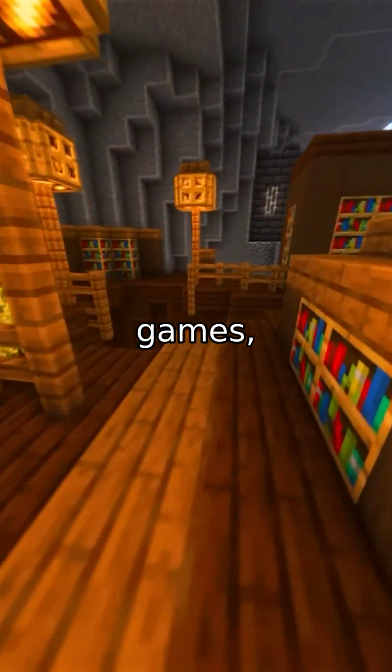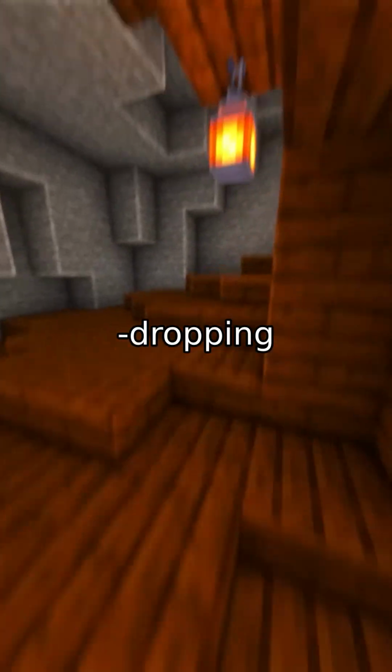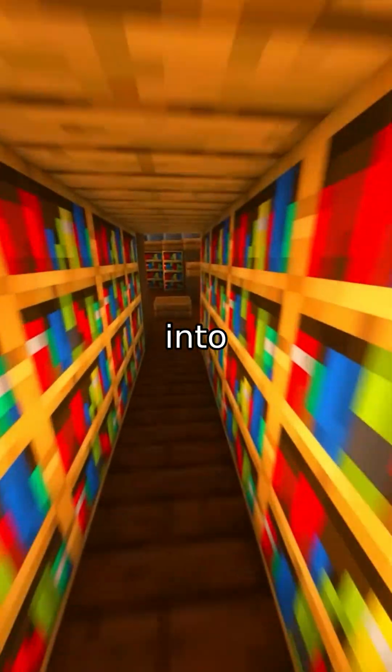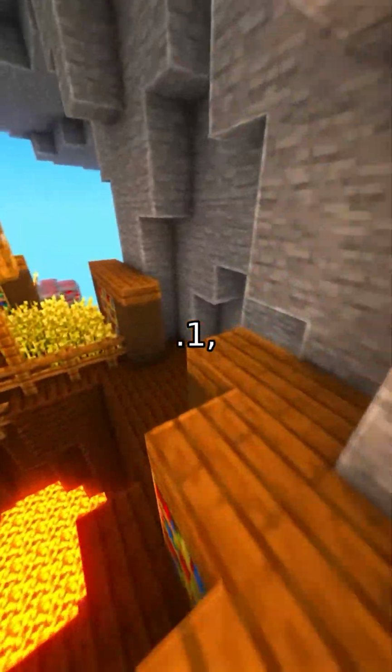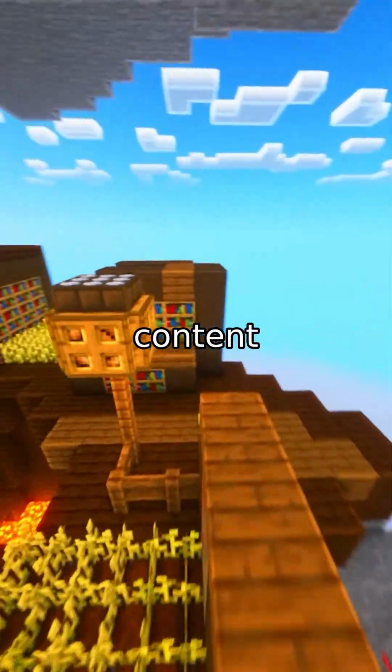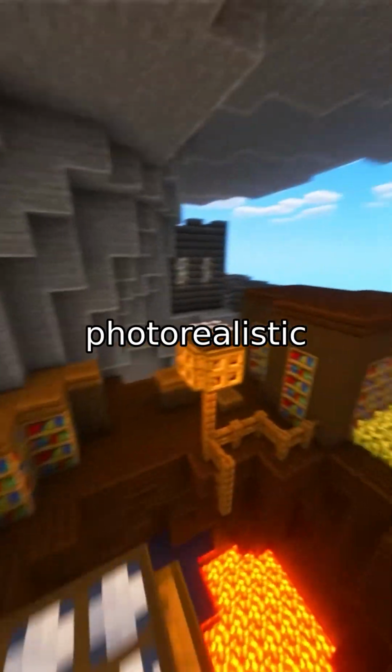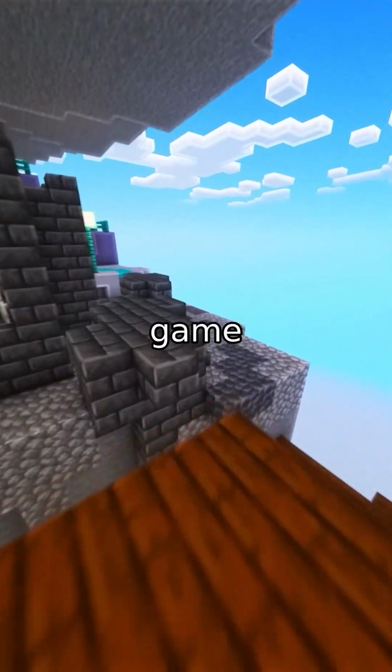Ever wondered how video games, movies, and virtual reality create those jaw-dropping 3D worlds? It's not magic, it's AI. Today, we're diving into a groundbreaking tool called Hunyuan3D 2.1, which is revolutionizing 3D content creation. Let's unpack how this AI powerhouse transforms 2D images into photorealistic 3D assets, and why it's a game-changer for creators